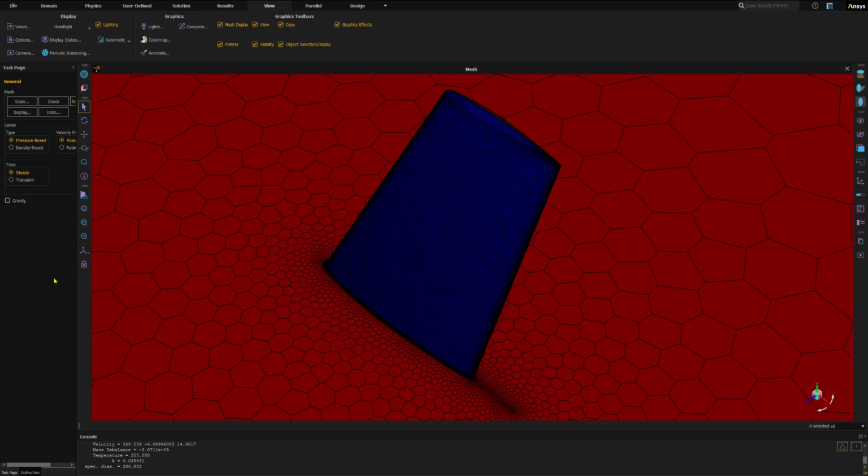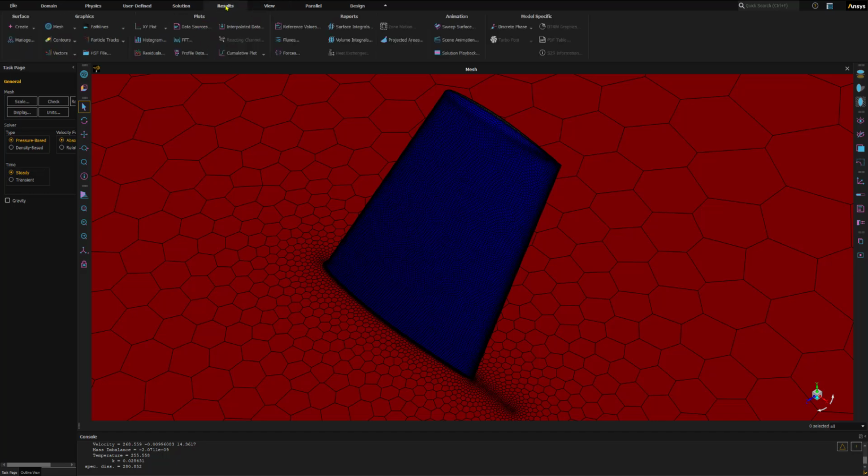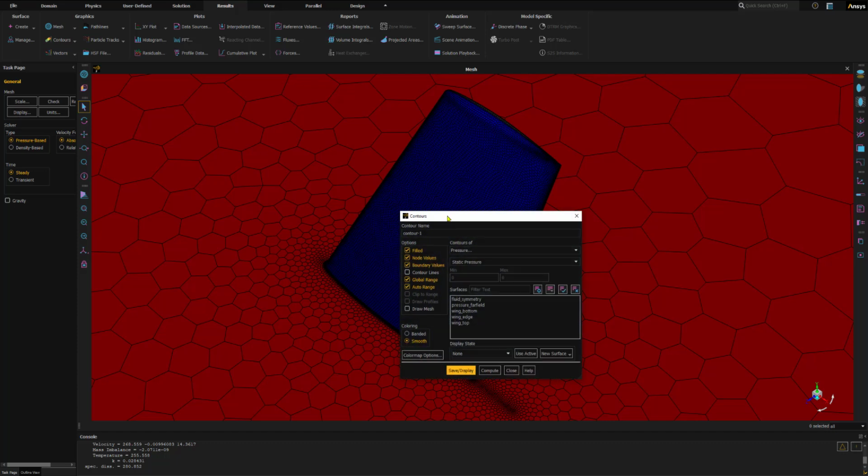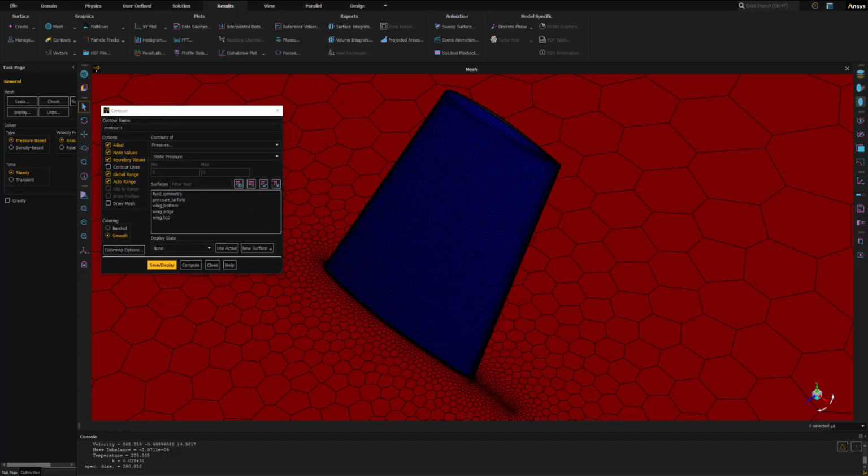So let's create a contour for this Y plus. So I will go to the results, and under the graphics, I need to create a contour. I will click on contour and then create a new contour. I will select this one. So here,